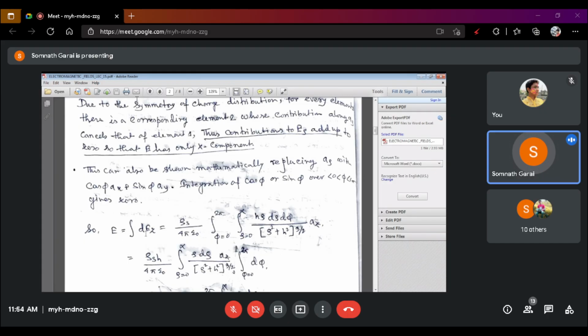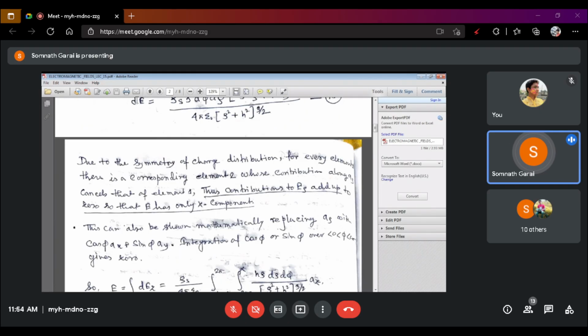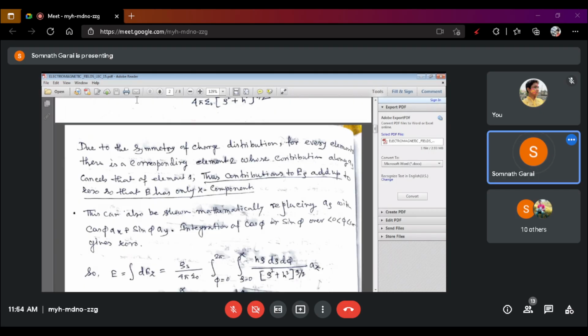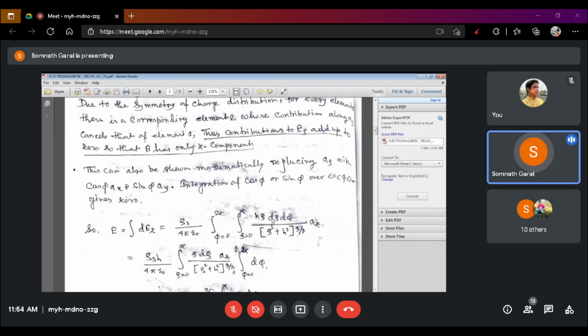So for dEz, the expression will be rho s rho d phi h a z divided by 4 pi epsilon naught (rho square plus h square) to the power 3 by 2. Right? So the equation becomes